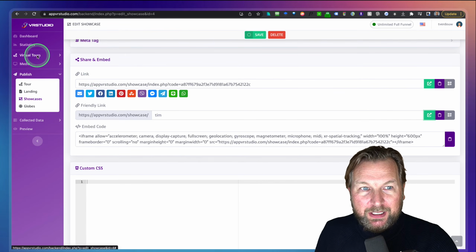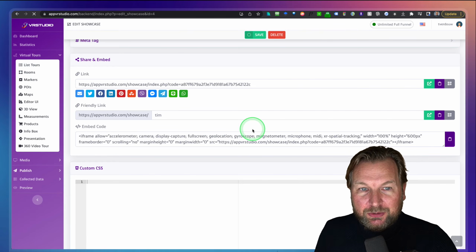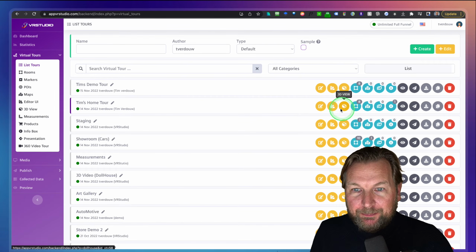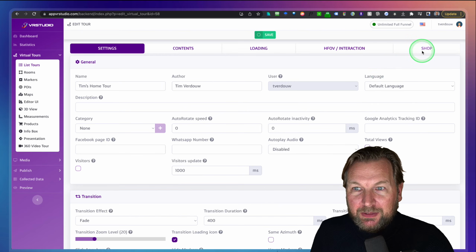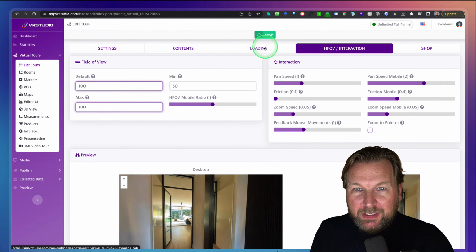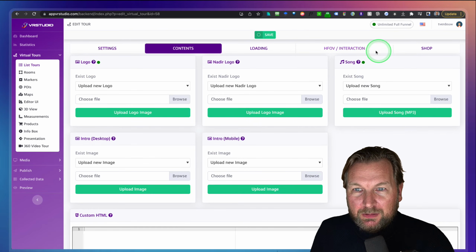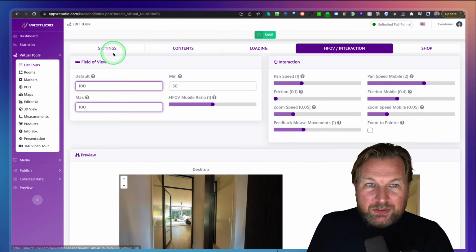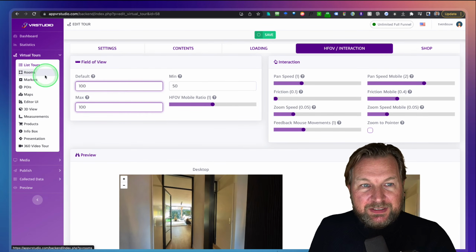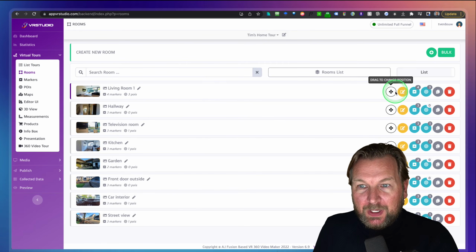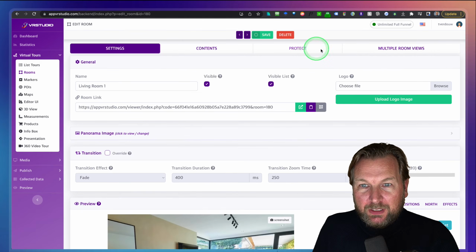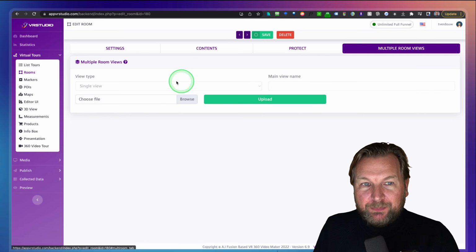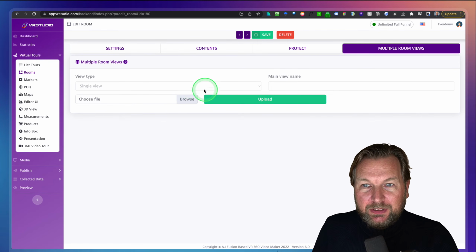When you go through your virtual tours, you list your tours, and that's in the settings of a page here. When you go to edit here, I thought it was in here. No, I forgot where it was because there are many options. Oh, sorry, it's in a room itself. So when you edit a room here, you can go to multiple rooms here at the top. So you can say, I want to do a dual view, and then you can do a before and a